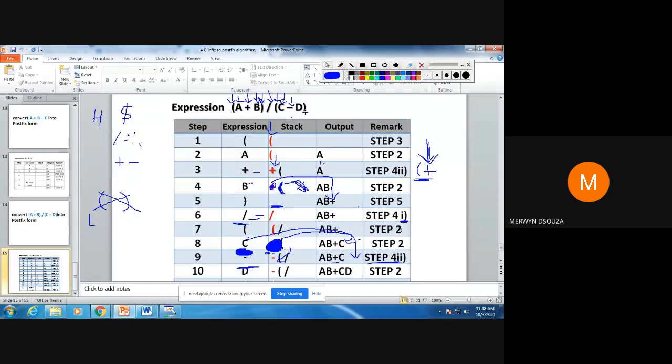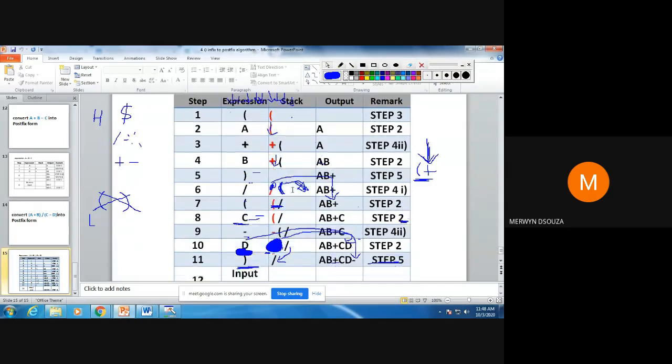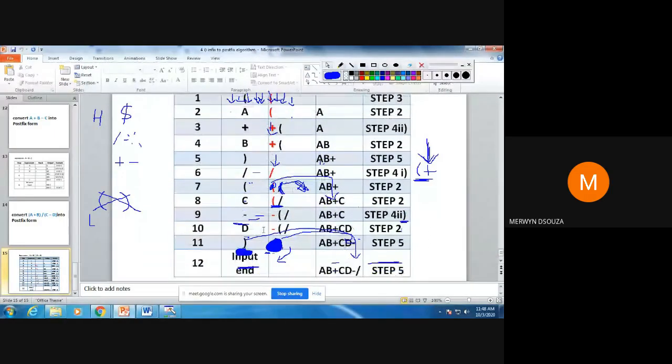When you get to that closing parenthesis, you have reached the end of the input. So when you reach the end of the input, you will go to step 7. When you go to step 7, again by mistake I think I have written step 5 here. So this is step 7. It says pop the remaining operators from the stack.